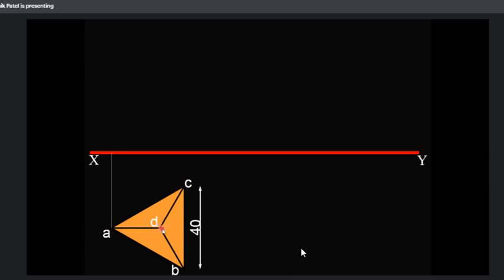Okay, now in a tetrahedron axis length is not mentioned, so how will you draw the elevation? Always remember our faces. This is the face A, B, and C. These are your edges: AD, DC, and DB. Those are your triangular faces. So which triangular face is parallel to the XY line? AD is selected, so you will select this triangular face AD.